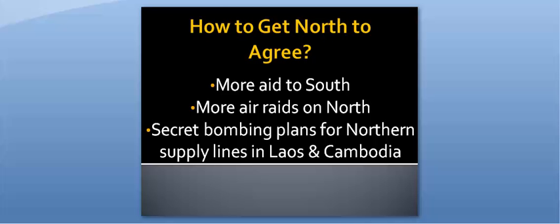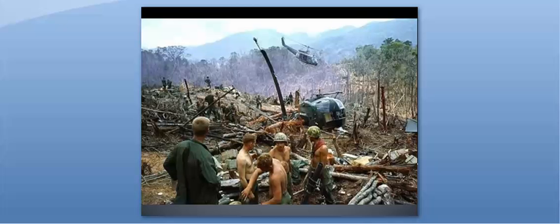To pressure the North to accept his terms, Nixon increased aid to Saigon, the leaders of South Vietnam. He also increased air raids against the North and bombing. And then he created some plans, which were a secret at the time, to destroy northern supply lines by bombing them. These lines were actually not in Vietnam, but in Cambodia and Laos. So they would go outside of Vietnam and then come back in the south with the supplies, so their troops in the south were ready to fight. So Nixon believed that these actions would help to bring about an end to the war for the U.S. without another loss like Korea.